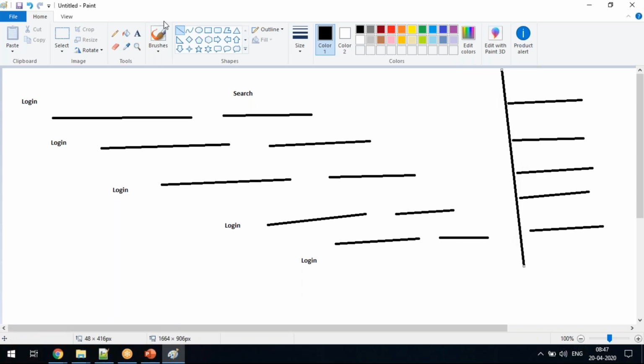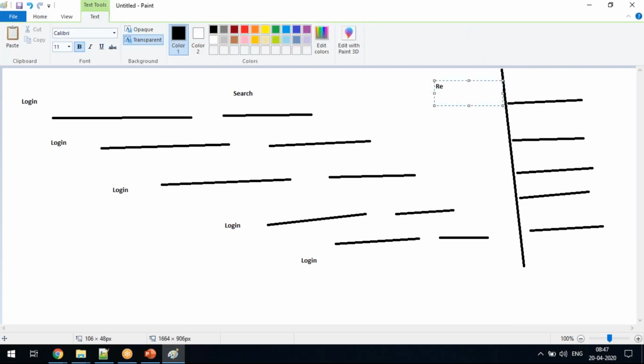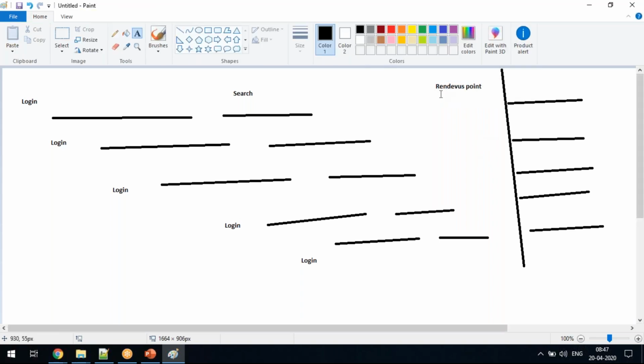There is a point called rendezvous point. If I keep a rendezvous point just before the action, what will happen? Each user is working at different timings, right?